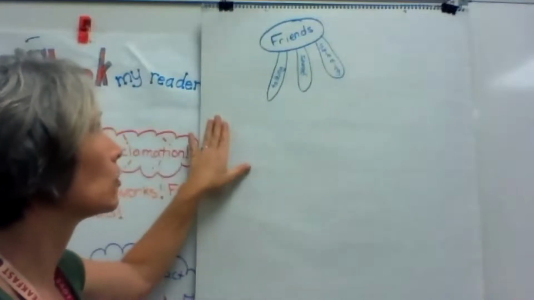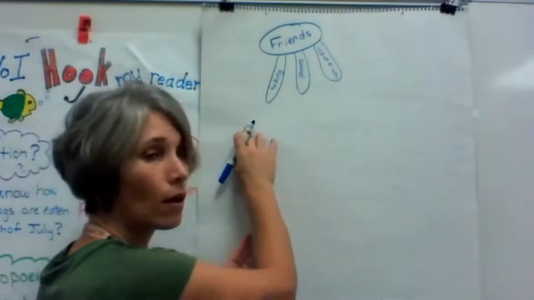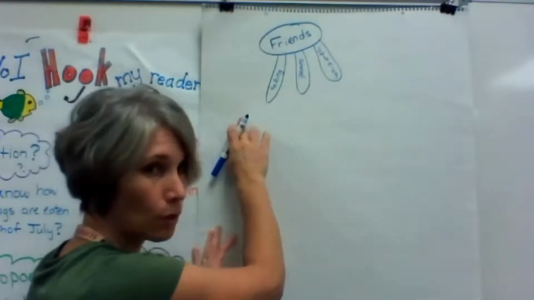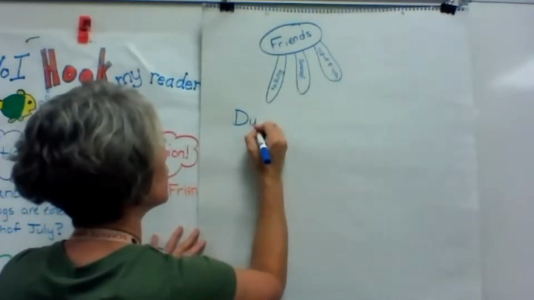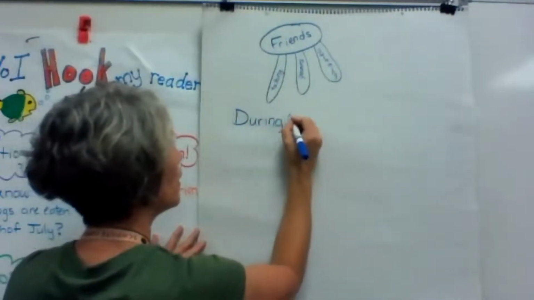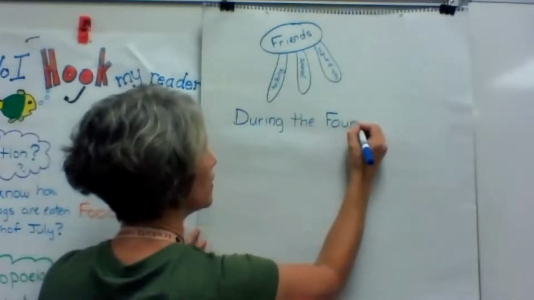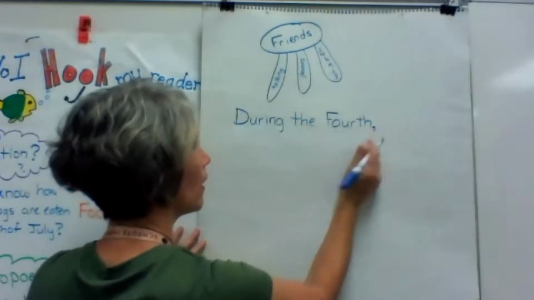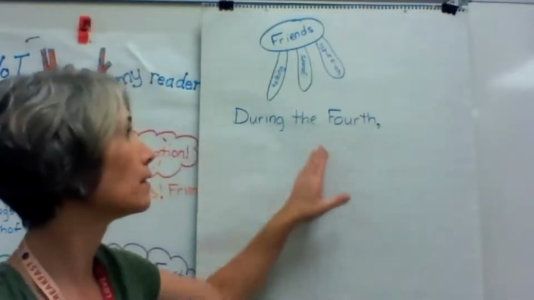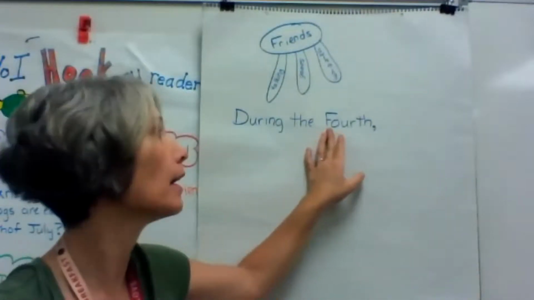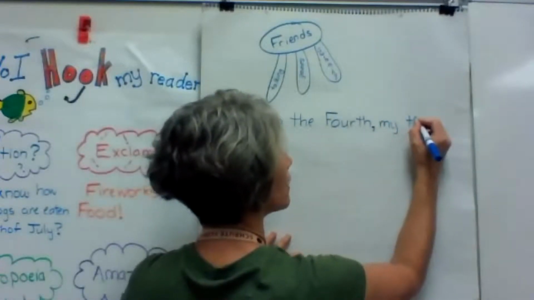All right, now I'm going to start my paragraph and I'm going to indent because we always indent our paragraphs and start with a capital letter. So during the 4th, now this is my holiday. And here in America, we can just refer to it as the 4th because we know that that means the 4th of July, but it's still capitalized to show it is the holiday. During the 4th, my time with friends,